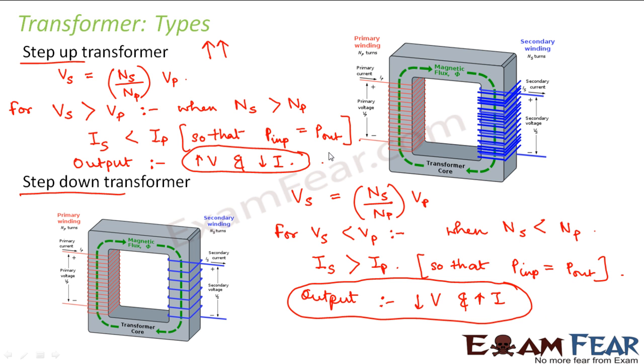Similarly, when we talk about step up transformer, we have the power supplies which come to our homes. Their transformers play a very important role. We will discuss that in detail in the next slide, but there we will see that we really need something which can amplify the voltage, but it should not increase the current. So transformer becomes the best choice there, where it increases the voltage but at the same time it decreases the current. So we will see that in the next slide.